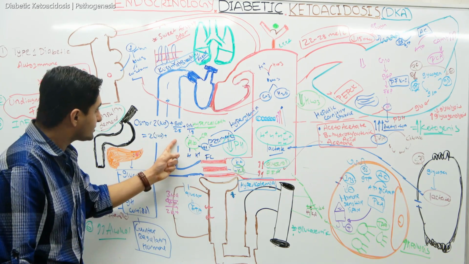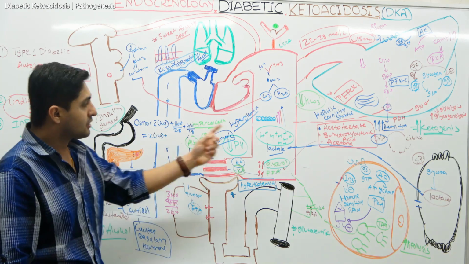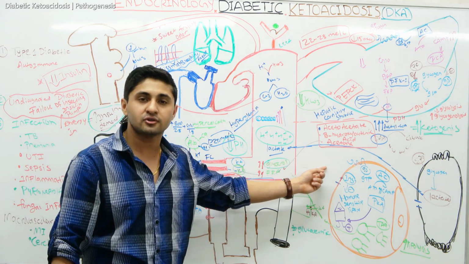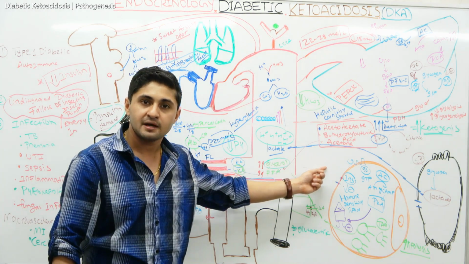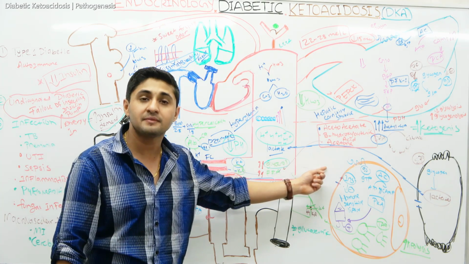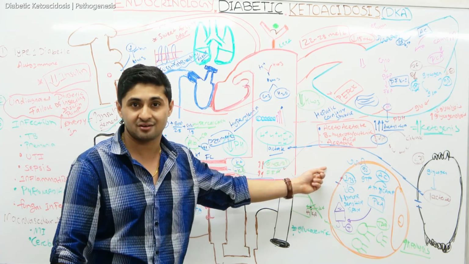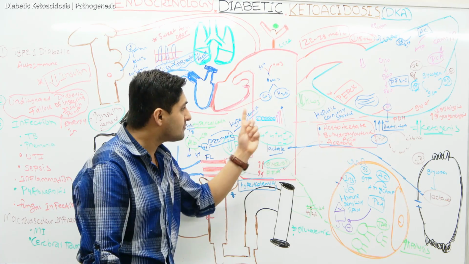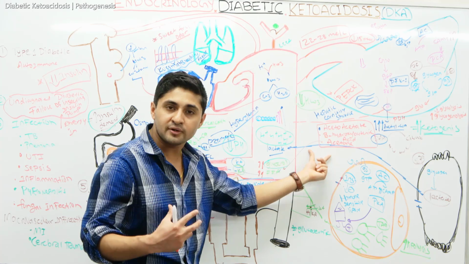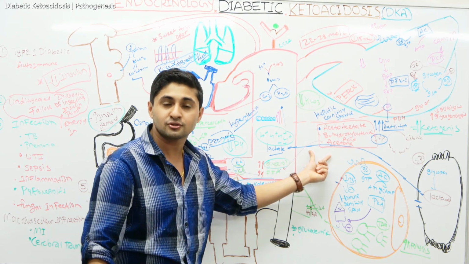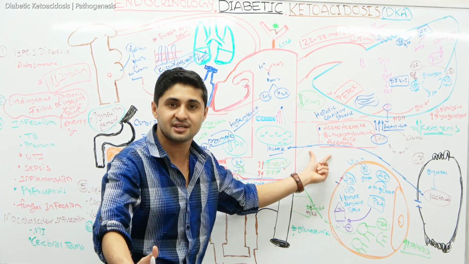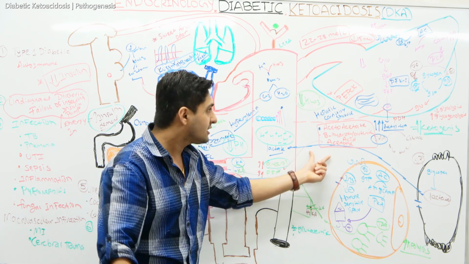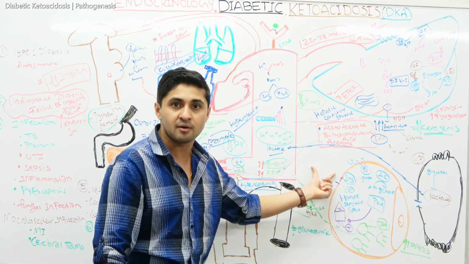Remember, the reason why it goes up is because you're triggering the gluconeogenesis process. And from that process, you make amine groups, ammonia, right? Because from the amino acids, you make the ammonia, and that ammonia gets converted into urea. So there's an increased level of ureagenesis. That's why the blood urea nitrogen level also goes up.